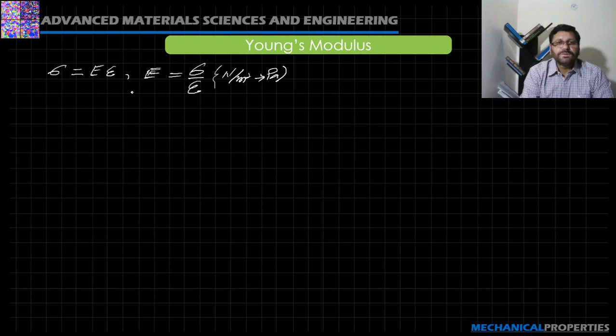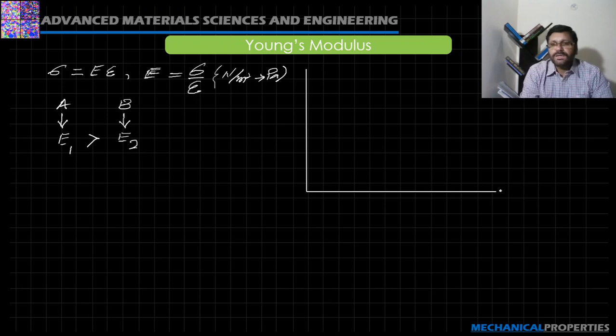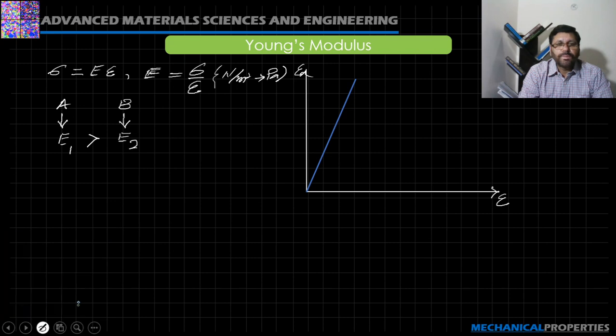And if we take the example of two materials, let's say A and B, A is having the modulus of elasticity, let's say, E1, and B is having the modulus of elasticity E2, and here we assume that the modulus of elasticity of material A is more than modulus of elasticity of B. So if we plot this on the stress strain diagram, on the plot, this is the modulus of elasticity, that is E1 for the material A, and